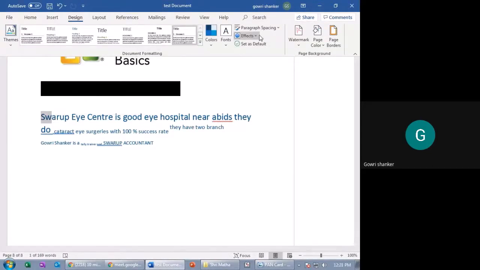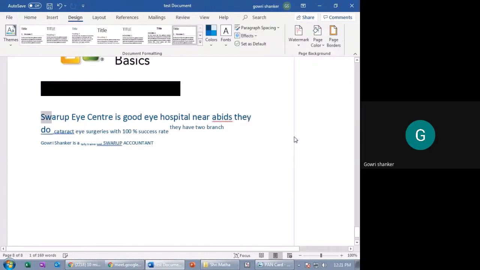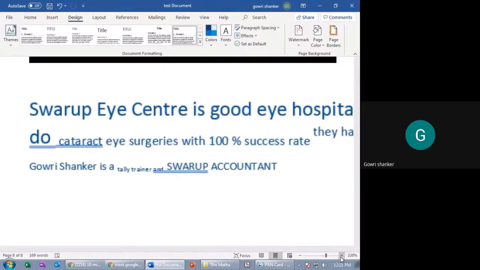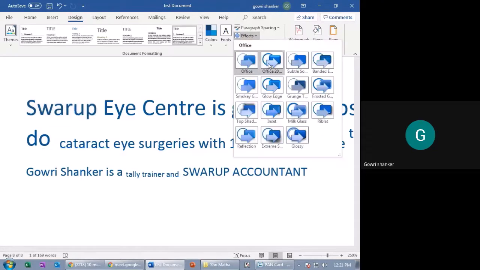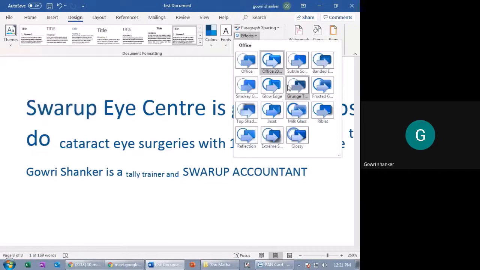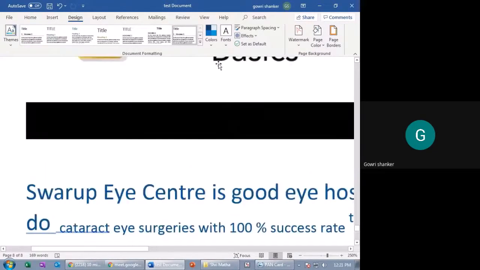If you observe properly, you can see glossy. The word effects will change according to these effects.